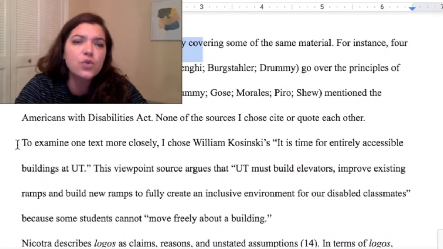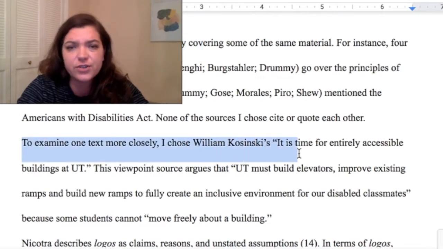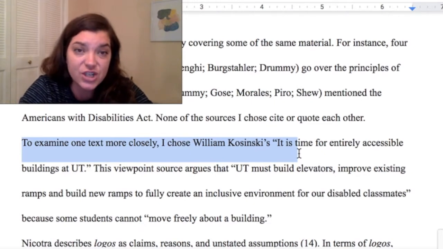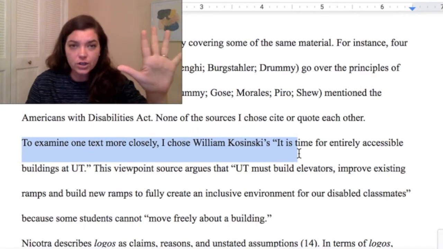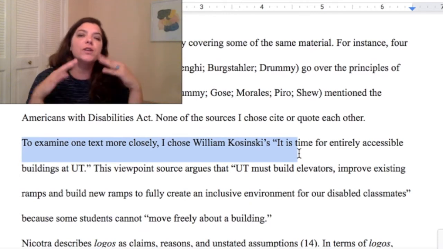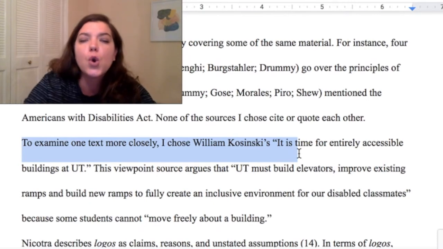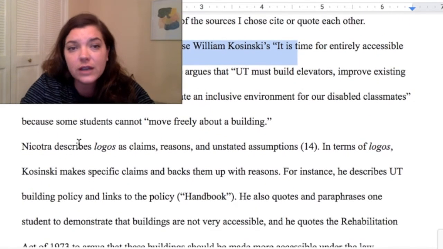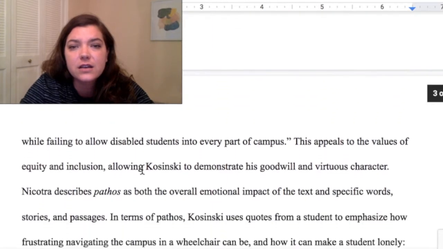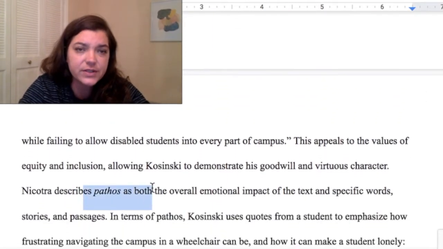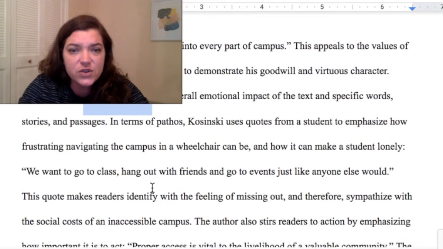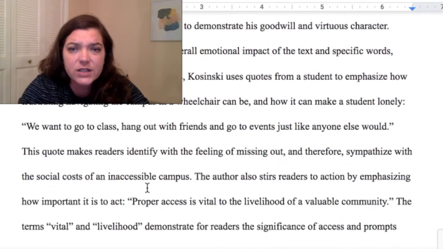And then we get into one text more closely. This author chose William Kaczynski's It is Time for Entirely Accessible Buildings at UT. So you will have the chance to choose one of your 5 articles from the document set, the 4 that I provided, and then that one additional. One of those you're going to focus on and analyze more closely with respect to logical, as you see here, and ethical and pathetic or emotional appeals. So you see that kind of clear organization in this sample student's Project 1 report